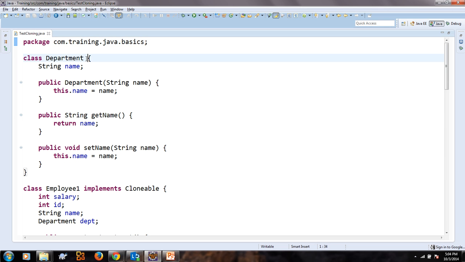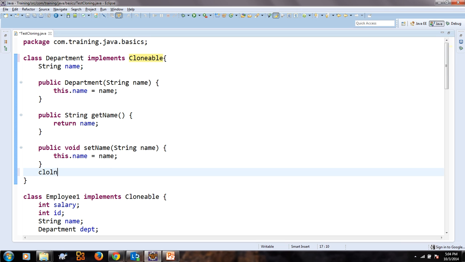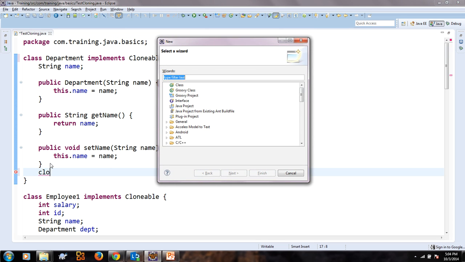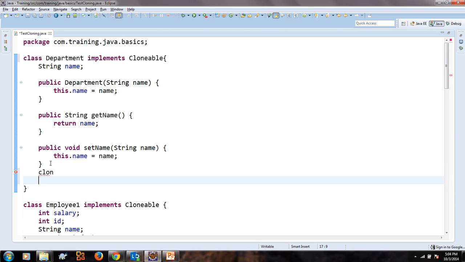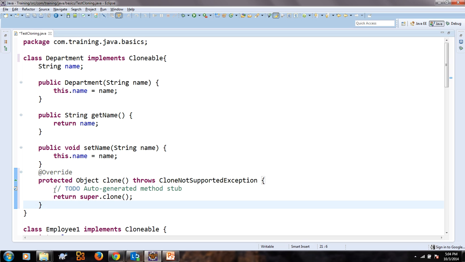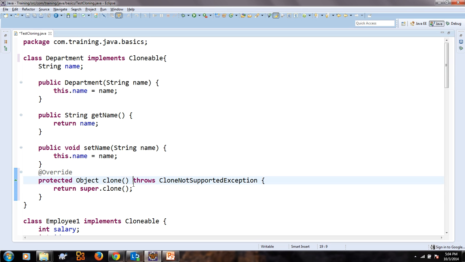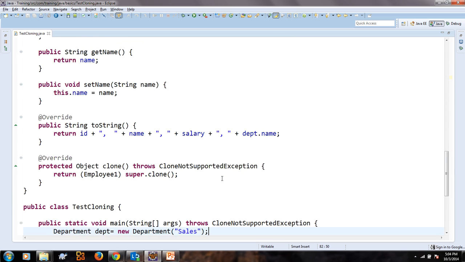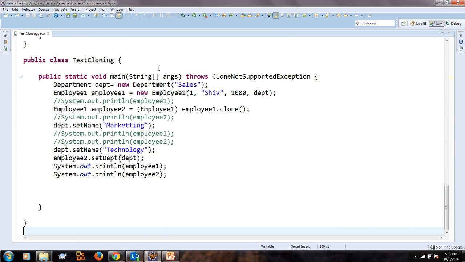To avoid it, what we need to do is, Department also I need to implement Cloneable, and here I need to write clone. Once I do the cloning of that, now I should be